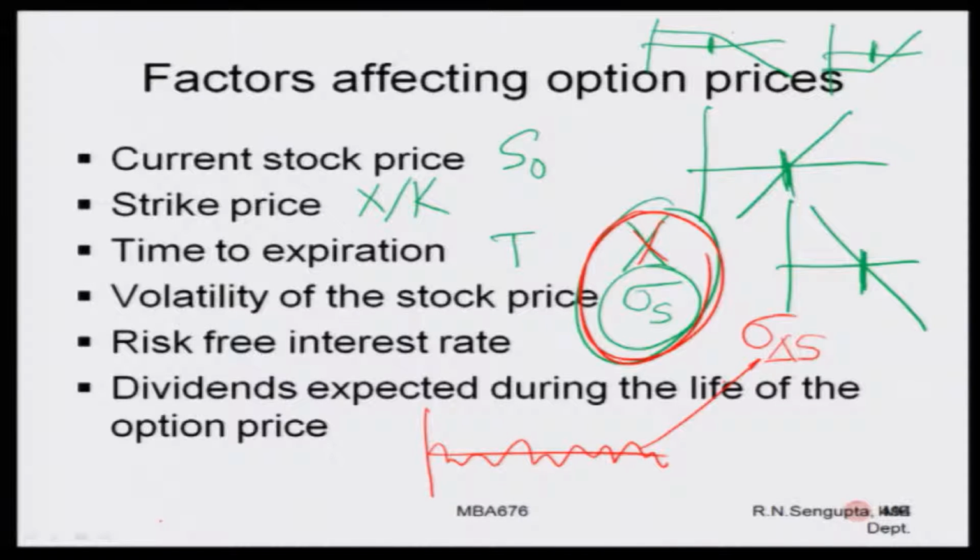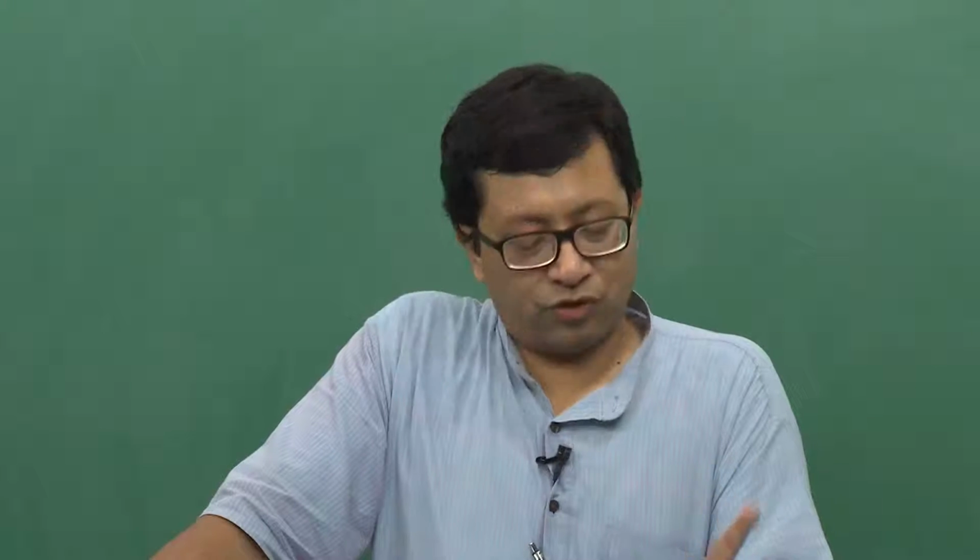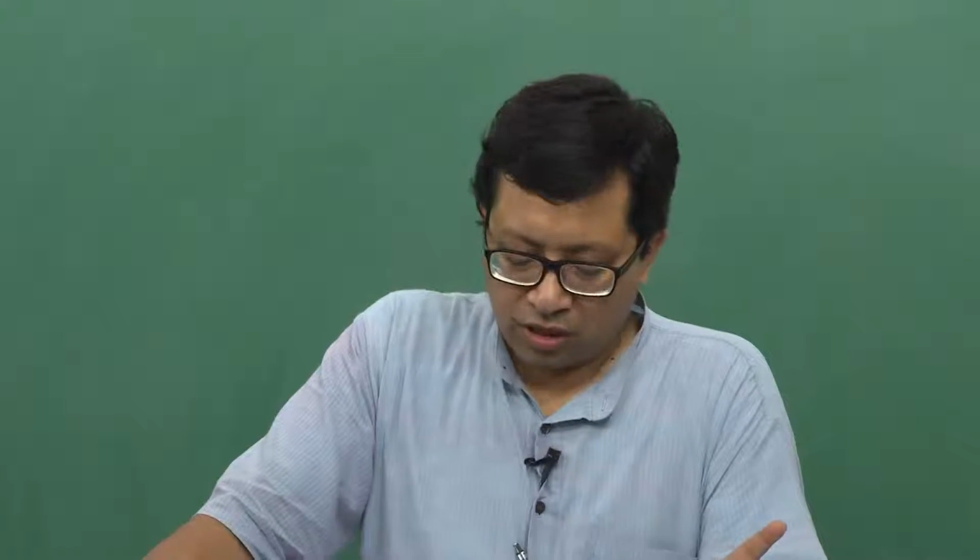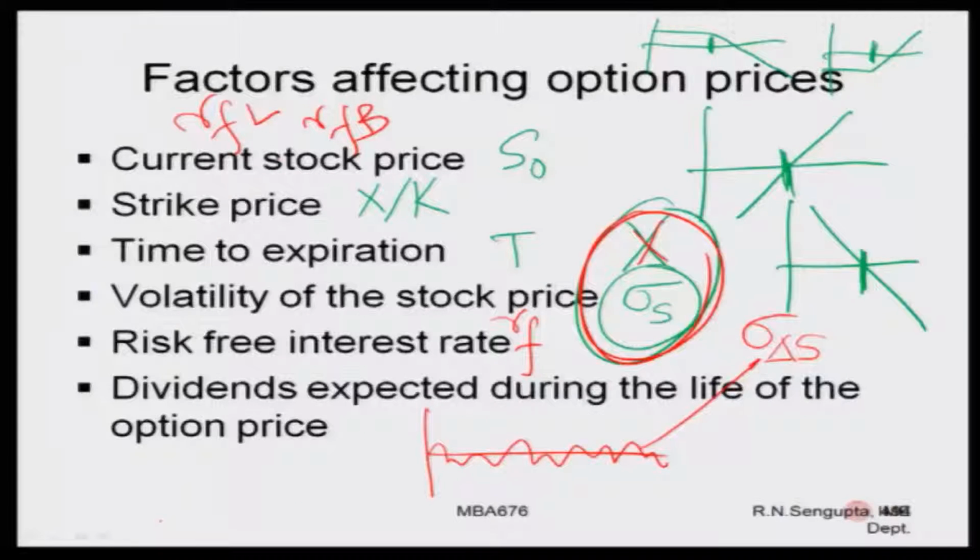We will also consider the risk free interest rate, which in portfolio analysis was RF, but with the important note that the risk free lending rate RFL and the risk free borrowing rate would both be the same, because we will consider that if you go to the bank and borrow money, or go to the bank and lend money, the interest rate would be the same for both cases, even though that is not true. We will also consider dividends expected during the life of the options to be initially 0,